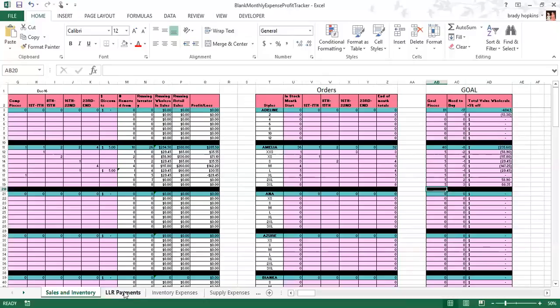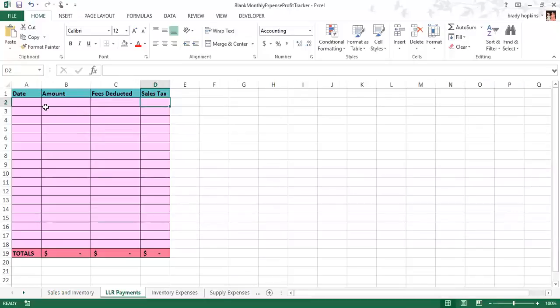Now you can see down here how there's all different tabs. So you can keep track of your payments. Now when you're in Bless, there is a payments area so you can input all the payments that you get. Now when you make a sale, you typically get a payment a day to 3 days after your sale is made. So hypothetically, let's say I made a sale on the 1st of December. Well, today, the 4th, which it wouldn't happen, today's Sunday, but let's just say today, the 4th, I got a deposit of